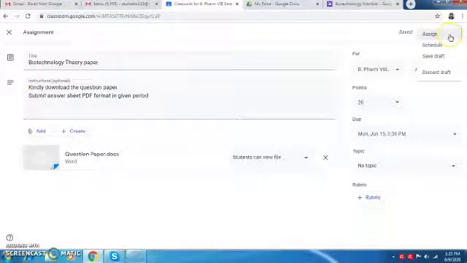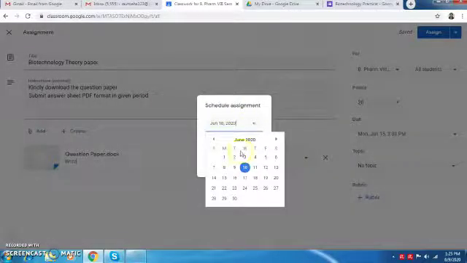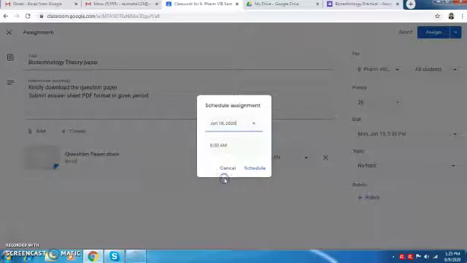And now you can see at the right hand side the assign option, schedule and save draft. Now I have to show this particular paper at around 1:45, so I have to schedule it. Click on schedule on 15th June, right?